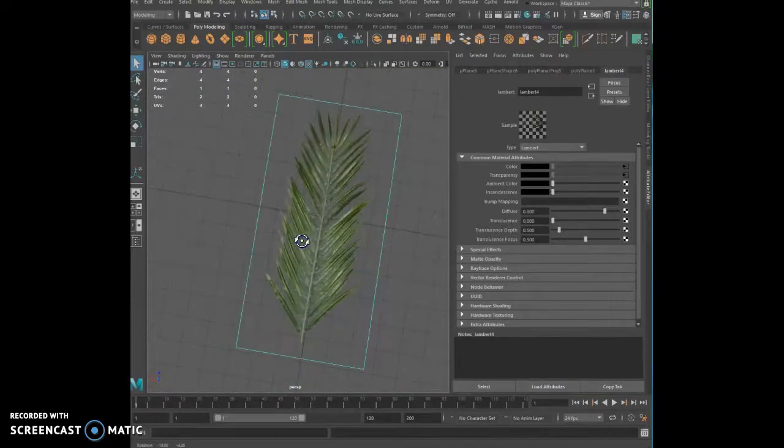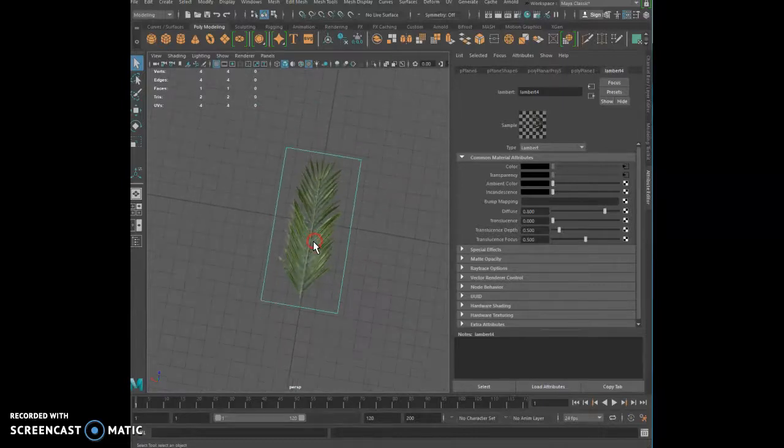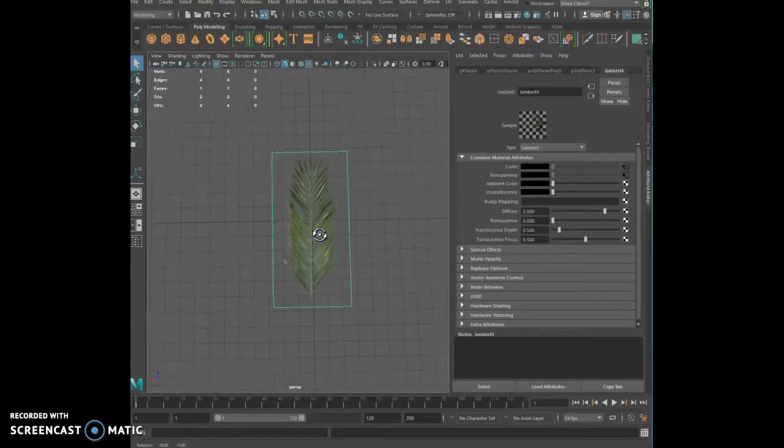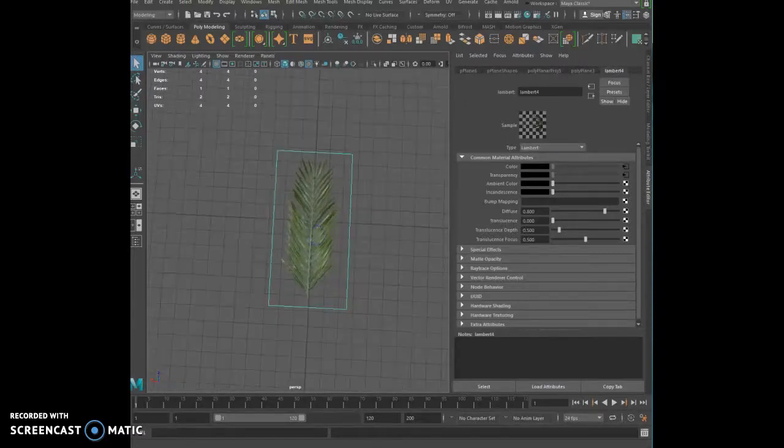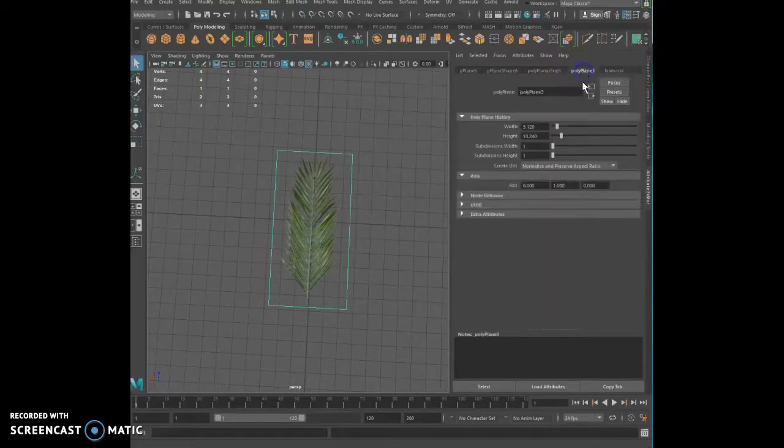Alright, so you want to be careful because you're using a PNG, basically everything that is black is going to be transparent also. So be very careful with that. Now it's okay with one like that, but we could definitely do better than that. So if we go to the polyplane right here,